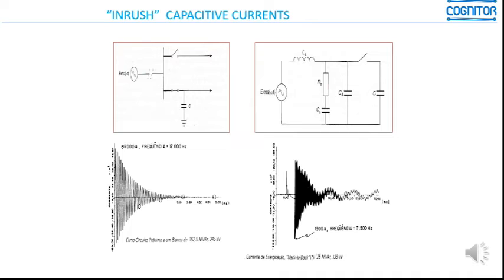For example, current transformers do not like this kind of short circuit wave shape. This is not a conventional short circuit at 60 Hz. This is a kind of short circuit happening at a very high frequency. In this example, we are speaking about a current of around 2000 amperes and a frequency of 7 kilohertz. These wave shapes can be severe for current transformers and some other items in the substation.